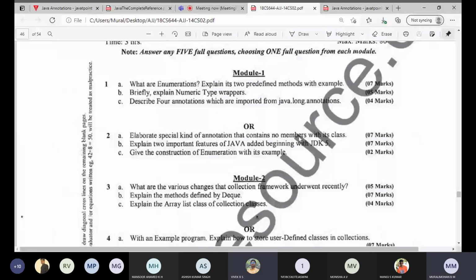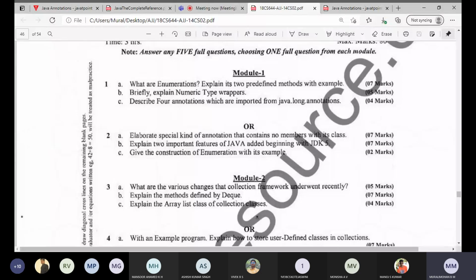Next, explain 2 important features of Java added beginning with JDK 5. Important features, type wrappers. Do you remember?